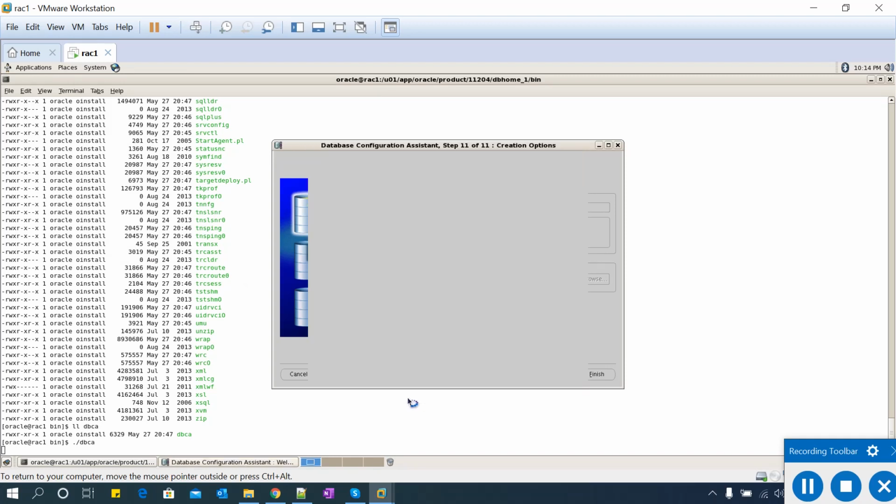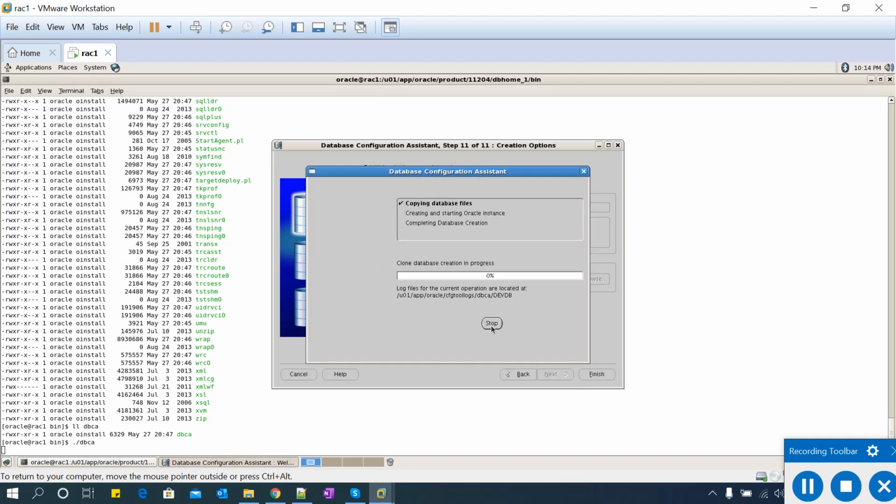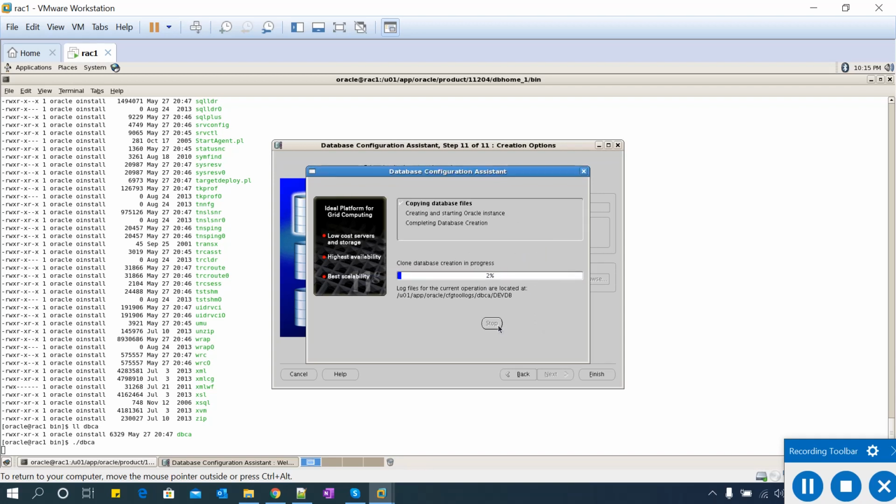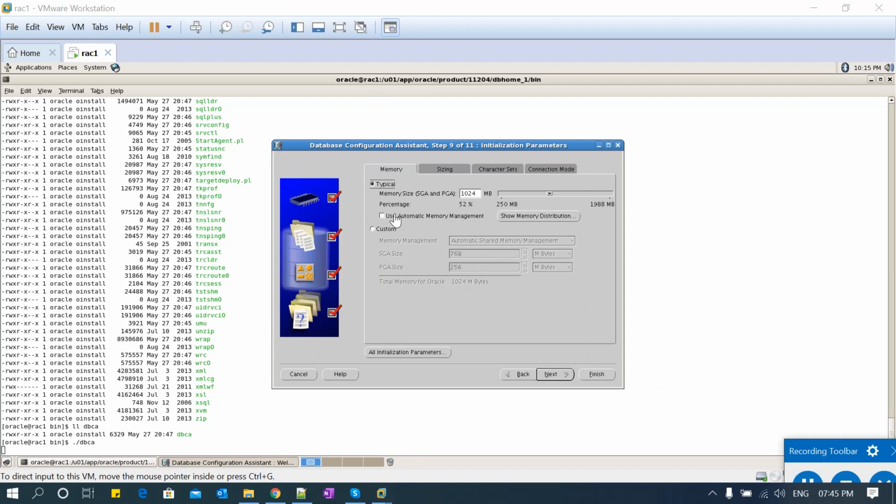Save the file. Click OK. Already those templates and scripts are created. Now it is proceeding. Memory target is not supported on the system. Okay, this is interesting. Let me troubleshoot what exactly the issue is. So what I'll do right now, I'll just remove this automatic memory management, and I'll go with the manual